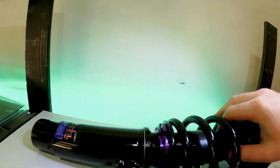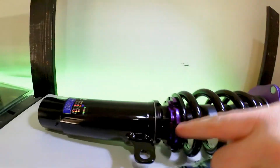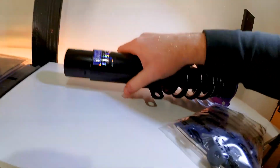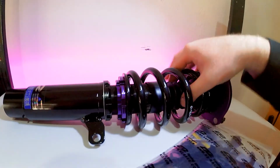The bottom mount is completely independent from the damper itself. So this means that you can move this up and down along. You can see the threads for it here. So if you can see from the bottom here, you've got the damper in the bottom. You can adjust the ride height independent of the damper stroke. Now on